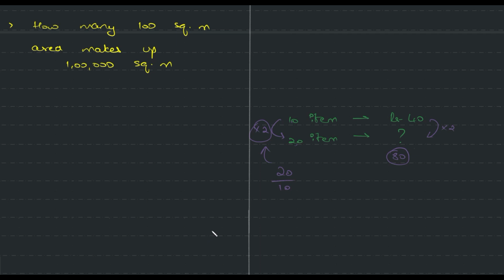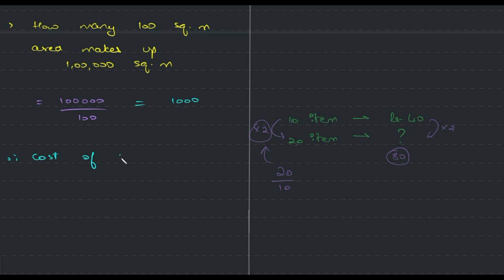Do you guys agree? Similarly over here, right? You have 100 square meter area making up 1 lakh square meter. So how many of them is what we are trying to figure out. So for that, what will I do? I will divide 1 lakh with 100 and this will turn out to be how much? You guys can do the long division. 1000. So 1000 areas of 100 square meter make up 1 lakh and therefore